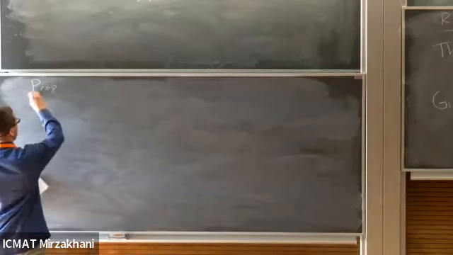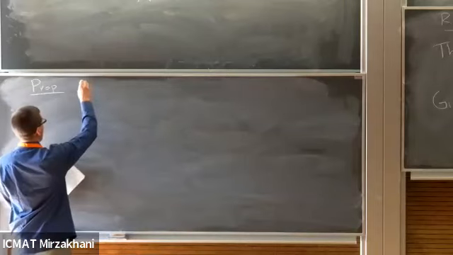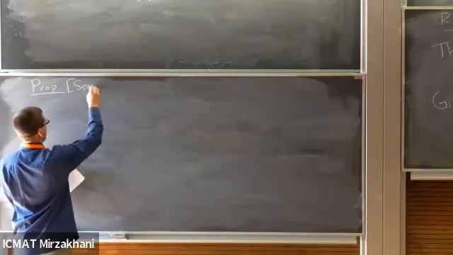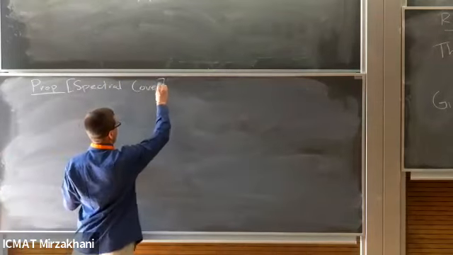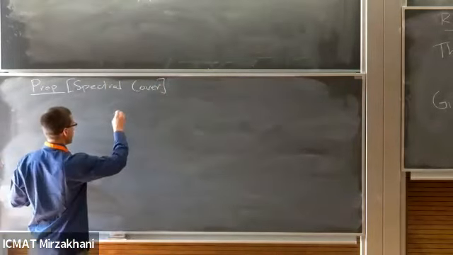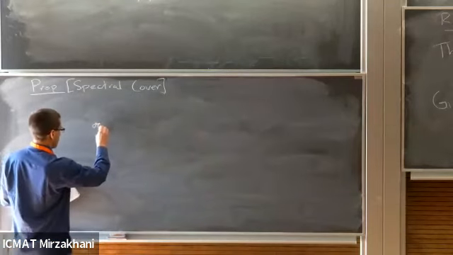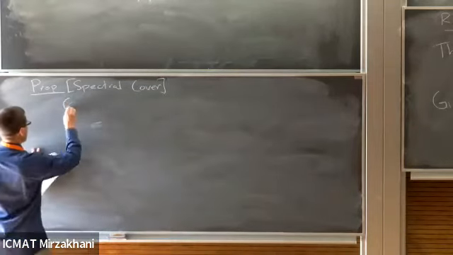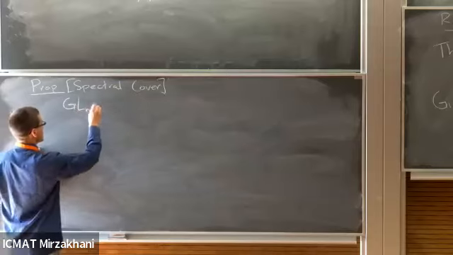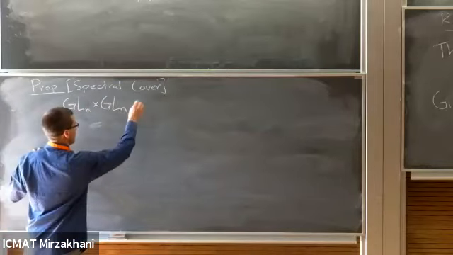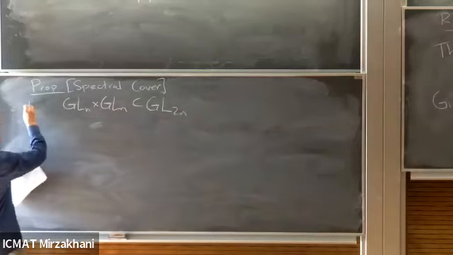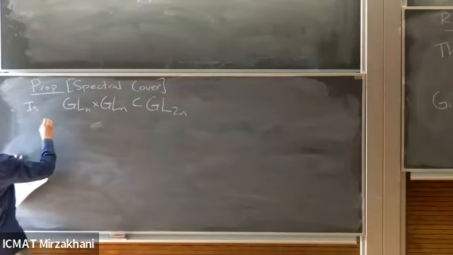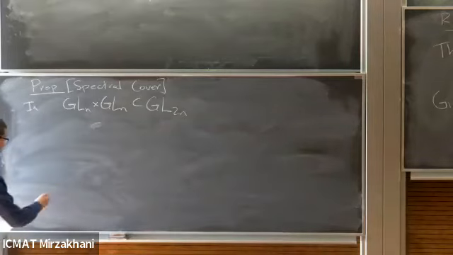So, spectral covers. I'm going to restrict to this example of GL_N cross GL_N inside of GL_2N. So in this particular form,